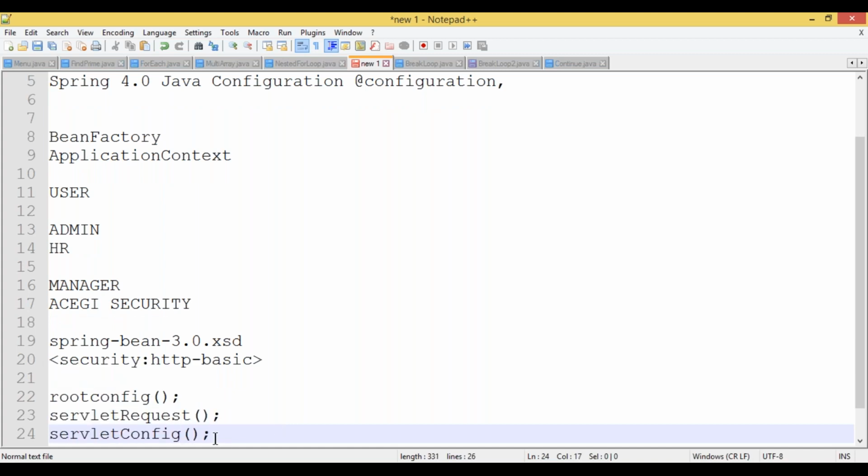What is the use of these three methods in one class? That is nothing but an initializer class, but I want to know what is the use of these three methods. Any idea? Because I'm talking about the annotations example in Spring MVC here.